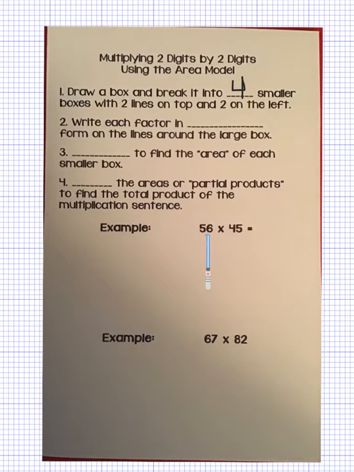So this problem is 56 times 45. If we're going to use the area model, I'm going to make my box and break it into 4 smaller boxes, which gives me a spot here, a spot here, a spot here, and a spot here to write my numbers. You don't have to draw those little lines every time if you don't want. It's just to start. All right, so then the second